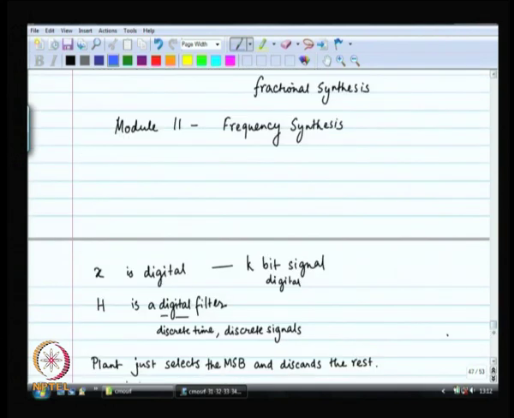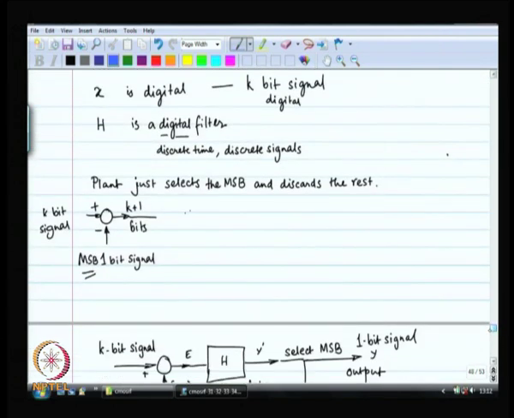We listed out all the different components. X is a digital number, H is a digital filter. So, basically what I am saying is that this digital filter is going to become far more complicated. You will need adders, you will need multipliers probably, hopefully you would be able to do it with just shift operations. If you can do it with just shift operations, well and good, you have saved yourself some trouble, but you will need a large number of bits because you need to make sure you are precise and so on and so forth,